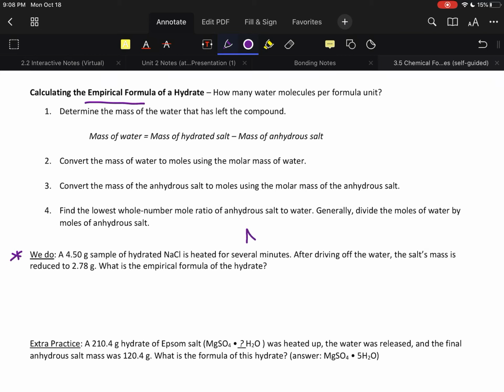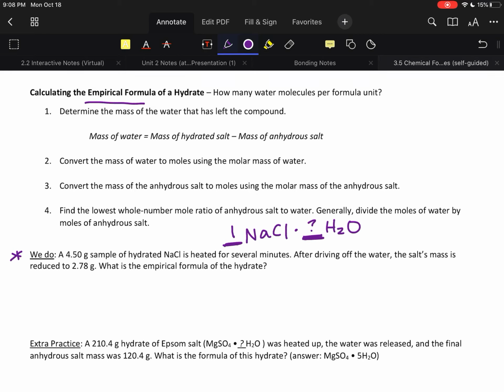So I know that the first part of my formula is just NaCl. So what I'm really trying to find here is this question mark. I'm trying to determine the mole ratio between my water, the hydrate, and the actual ionic compound. So I know that this is going to be 1 because this number here in front of my water is always in relation to 1